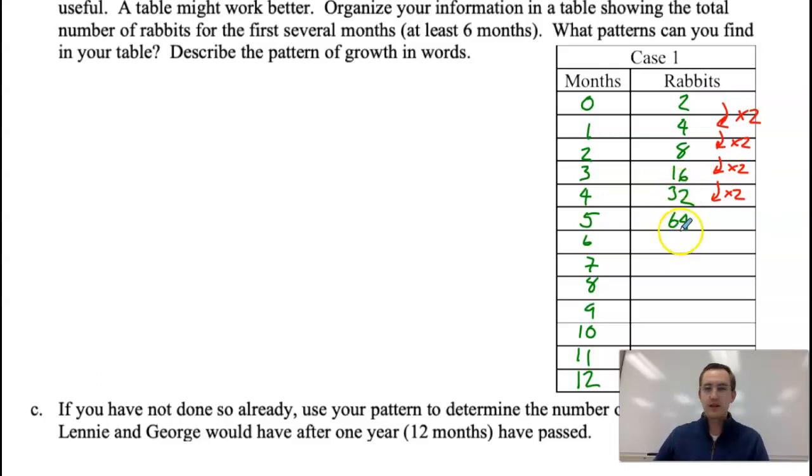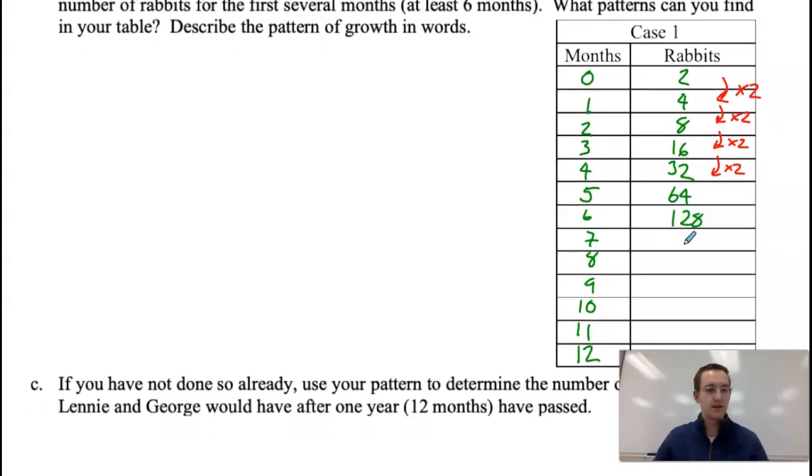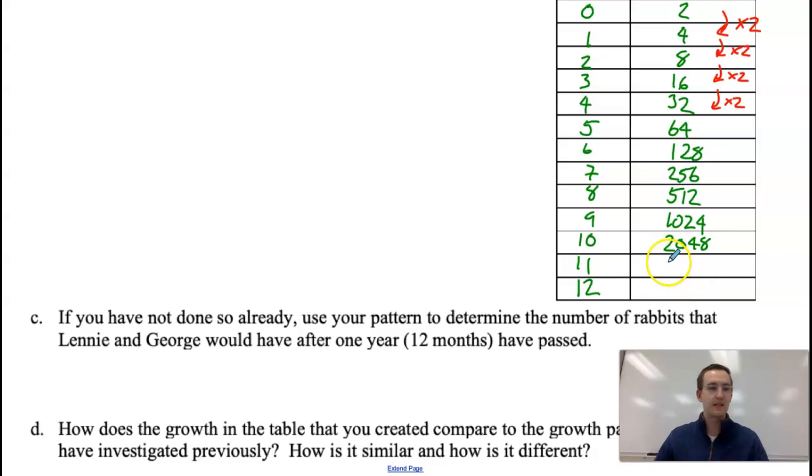If we take 64 times 2, we get 128. 128 times 2 is going to get us 256. 256 times 2 gets us 512. Next one would be 1,024. 2,048 is going to get us at 10 months. Now, if we double one more time to get 11 months, we get 4,096 rabbits. And then lastly, after a year, we get